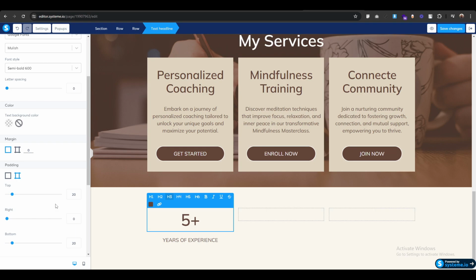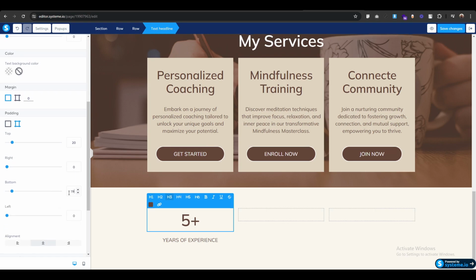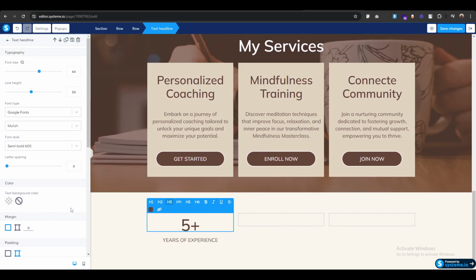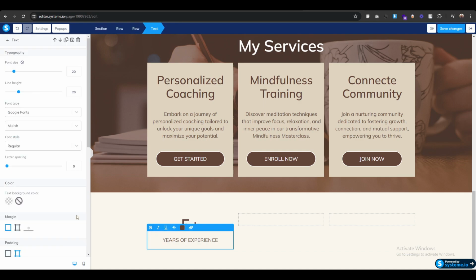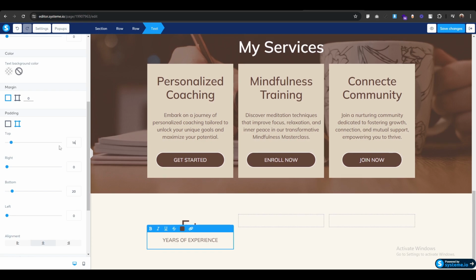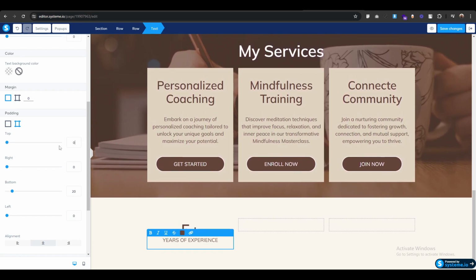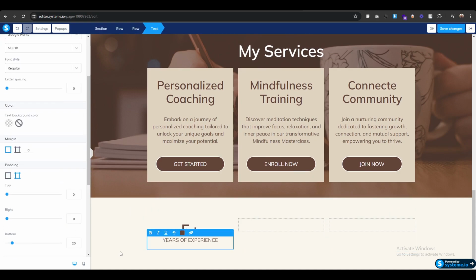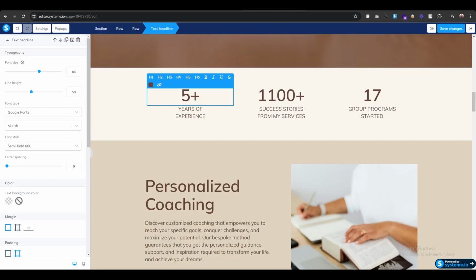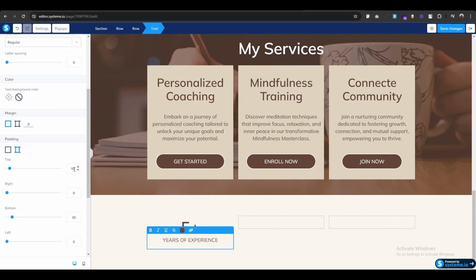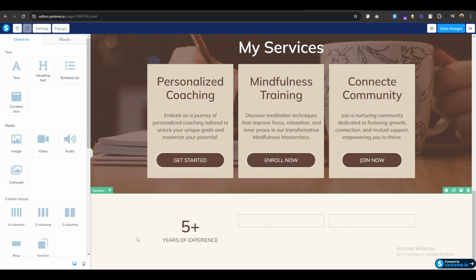Now let's decrease the bottom padding. Same on this too. Let's decrease the top padding to 0. Maybe we can add little space, 10. Maybe you can add some more. Yes, 15 is perfect. Now click enter to put it on two lines